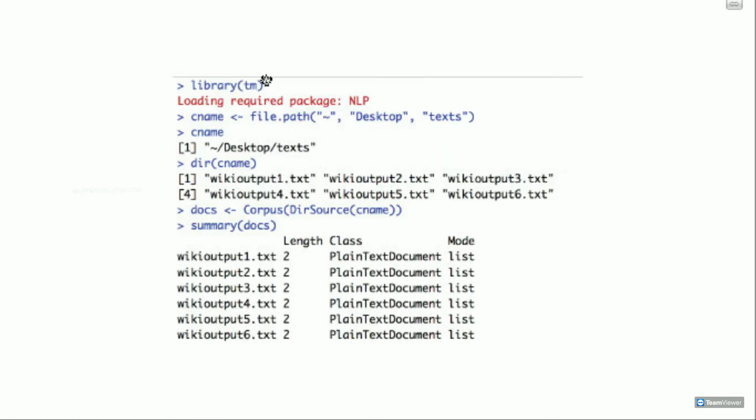So first, we are using a library called TM, which stands for text mining. It's a text mining package. And first of all, what you do is you specify where your files lie. So I have this line here, which specifies the file path. When I made these slides, I was working on Mac, so I have the path here